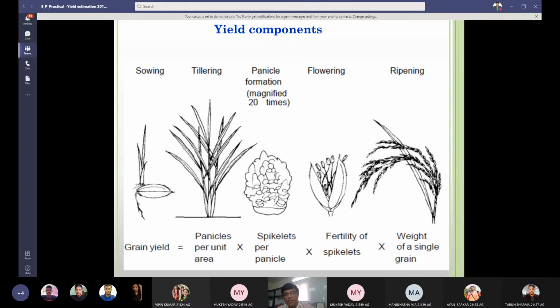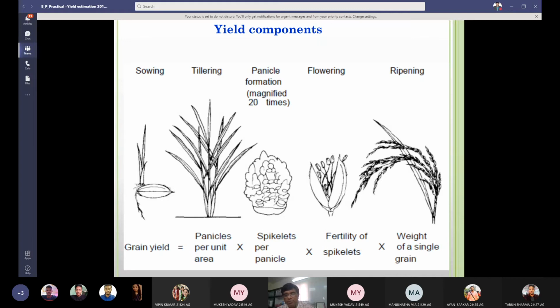be affected. Then tillering. Normally you want a certain fixed amount of panicles per meter square. In rice, on an average, there should be 250 to 300 panicles per meter square. So if it is too low, say just 100, or too high, say 500, there are too many panicles, then in either case you will get less yield. So grow the crop in such a way that you are able to achieve 250 to 300 panicles per meter square.